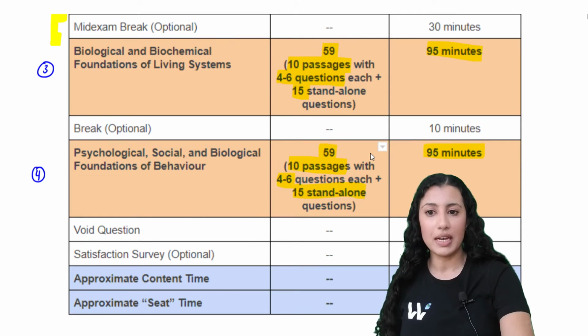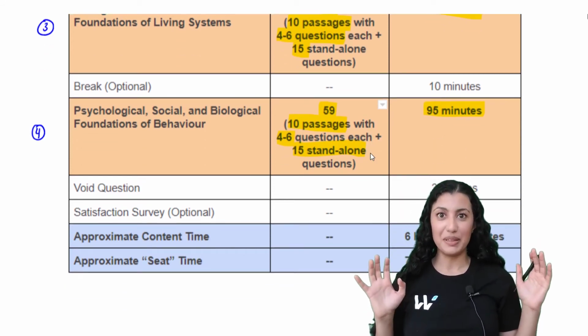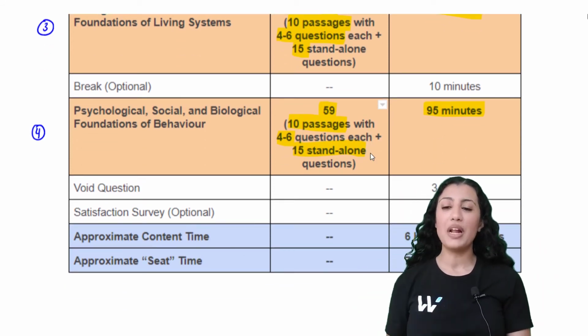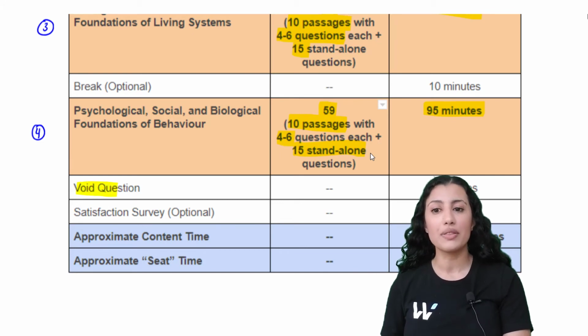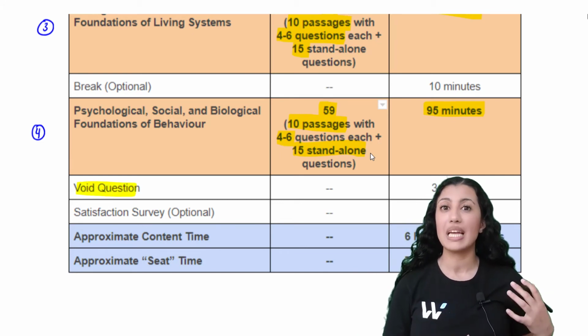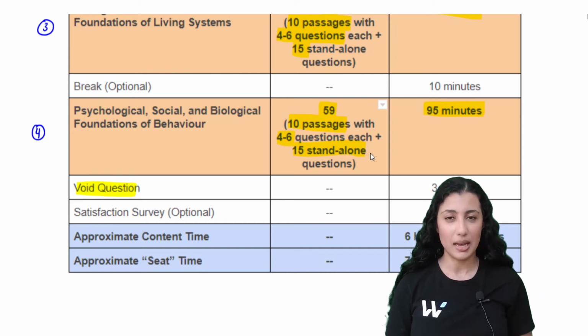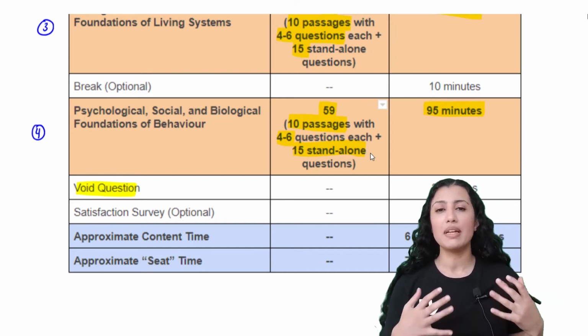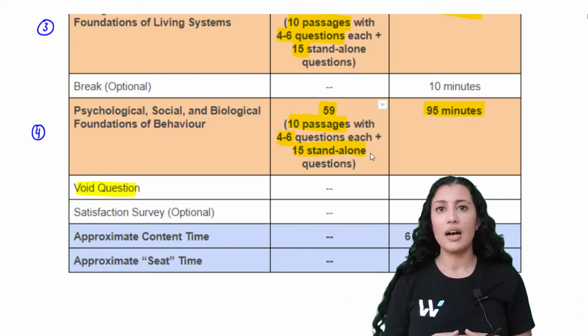At the end of the test, so once you're done that, you can't just get up and leave, make sure you don't do that. It's going to ask you, do you want this test to be scored, or would you like this test to be voided? So what does that mean? If you want this test to be scored, that means, yes, please score my test, so then you can apply